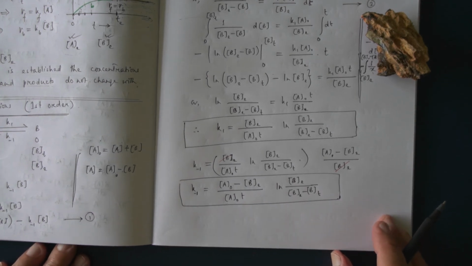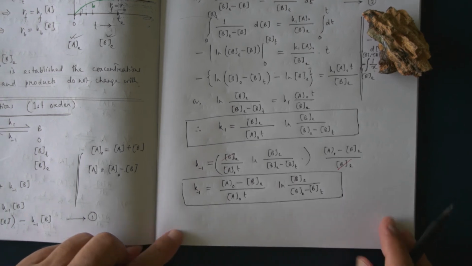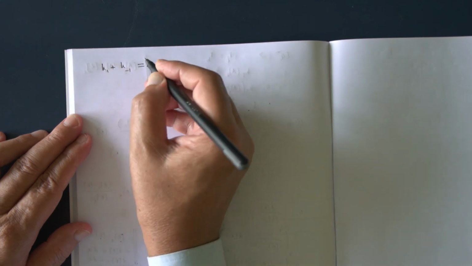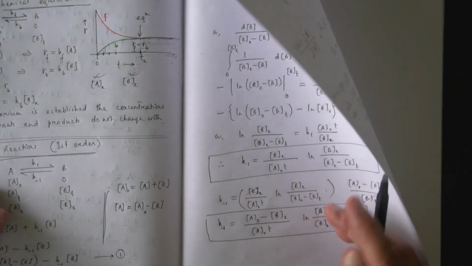Okay, this way we can find out the rate constants. Now suppose we are doing this, K1 plus k minus 1. Now what is k1? What is k1? K1 equal to